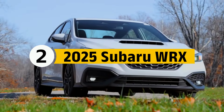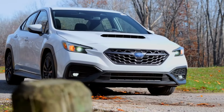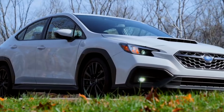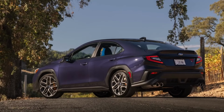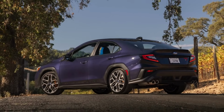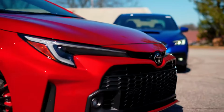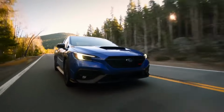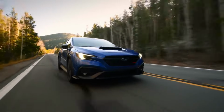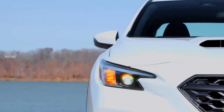2. 2025 Subaru WRX, a disappointing performance sedan. The Subaru WRX has long been an icon in the performance car world, known for its rally-inspired design and all-wheel drive capability. However, the 2025 Subaru WRX is one of the most disappointing models in the lineup, failing to live up to its predecessors. While it still offers decent performance, several key issues make it a model to avoid this